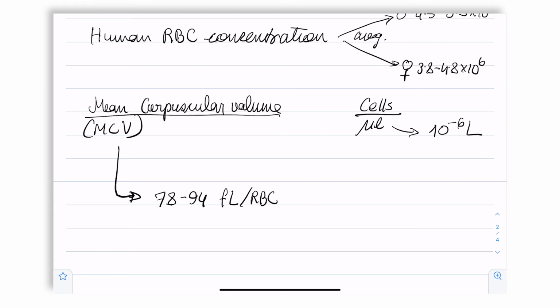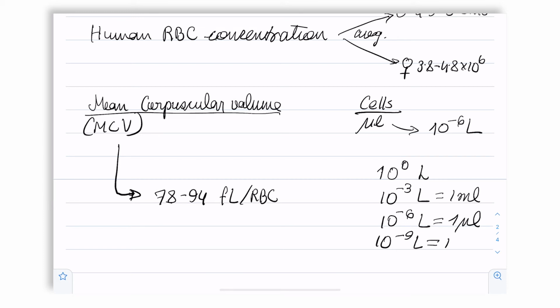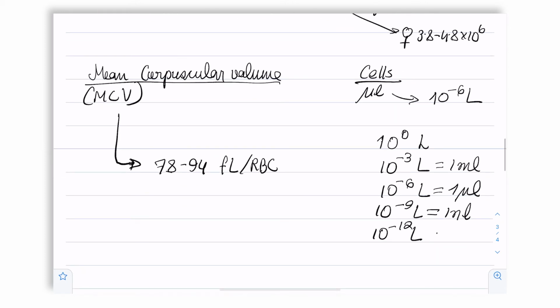You will find it convenient to remember that the orders of magnitude go like this: 10 to the power 0 liter, 10 to the power minus 3 liter is 1 ml, minus 6 liters is 1 microliter, minus 9 liters is 1 nanoliter, minus 12 pico,